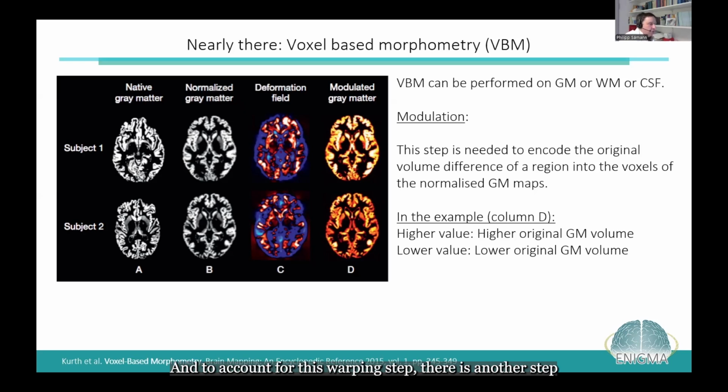To account for this warping step, another step is needed, referred to as Jacobian modulation. It's a statistical step that re-enters the volume change that you produced during the warping into the final voxel. So in the end, a voxel that is brighter in the normalized image indicates a higher original gray matter volume. And these modulated maps can then be compared statistically,